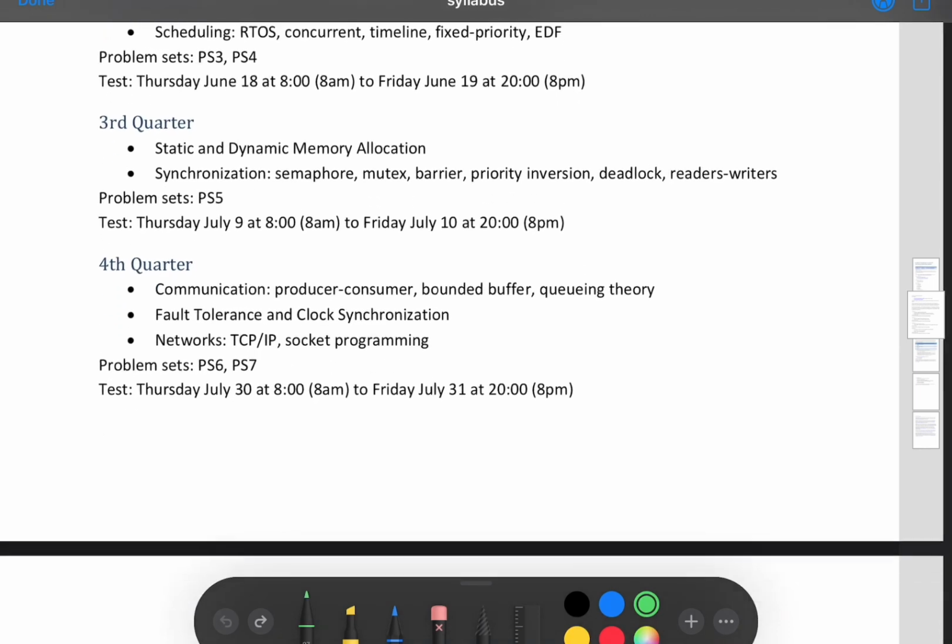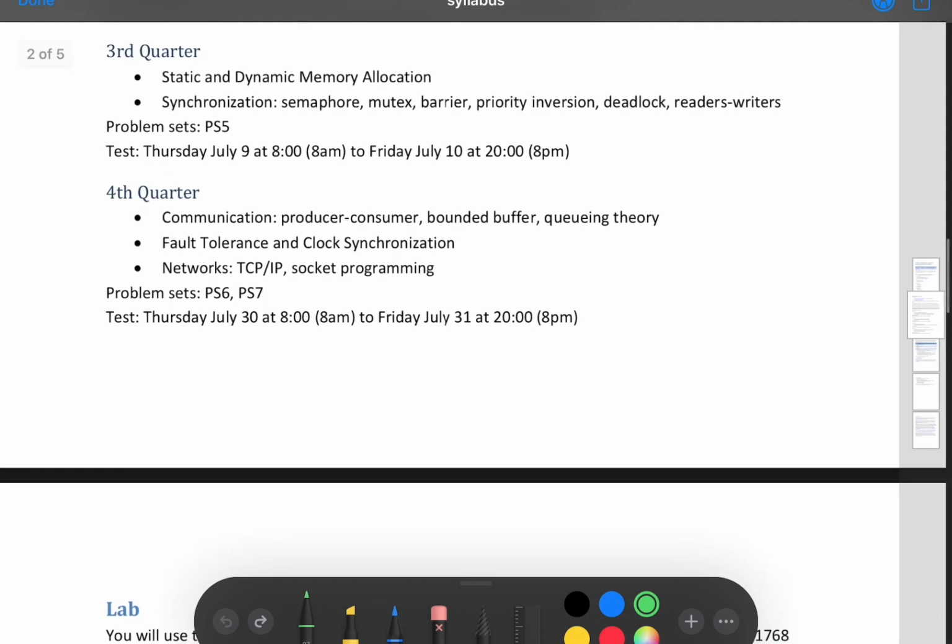Third quarter covers static and dynamic memory allocation. That's very short, it's about 3 pages. It's basically how does malloc work, when should you or shouldn't you use it in a real-time system, and how do you not use it if you're creating objects. And then we're going to get into the real part of the course, synchronization. So when you've got tasks that are running concurrently, essentially in parallel,